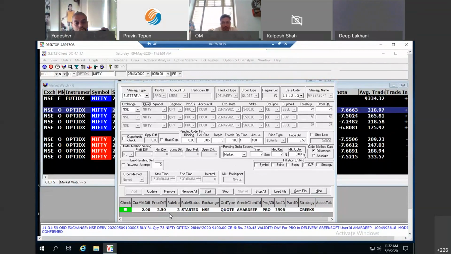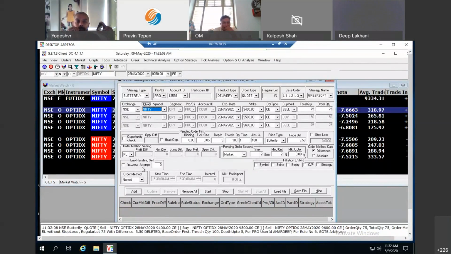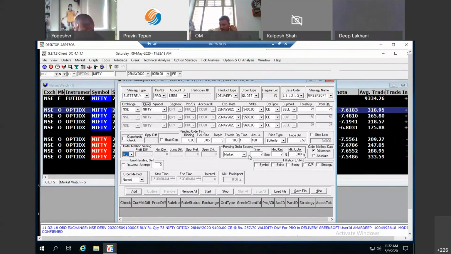Moving ahead, this was my regular order. Here again, I will be able to do stop loss, bracket order, leap and jump as well. So same way, all the settings are same, but this was my vanilla butterfly. If you can see in my second leg and third leg, it is not giving me an option to choose different quantities or to choose buy and sell, because this is a vanilla butterfly. It will always be sell, buy, sell, or buy, sell, buy, and 1:2:1 because it's a vanilla butterfly.